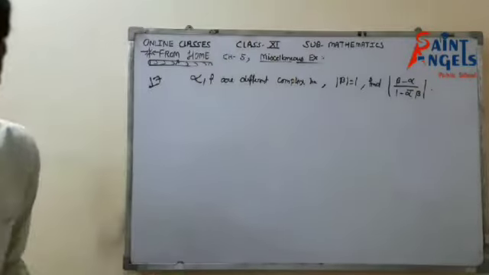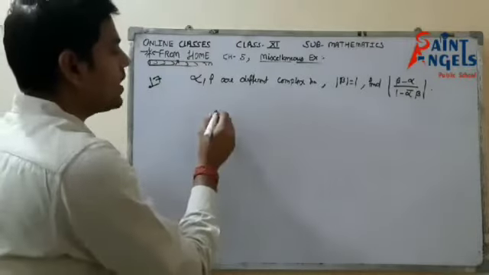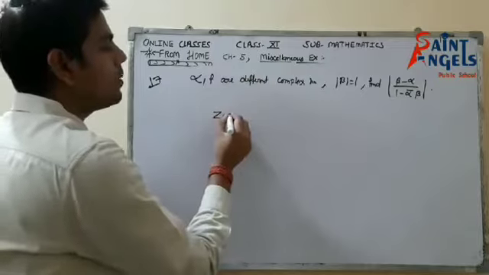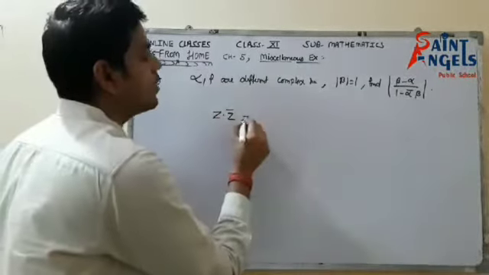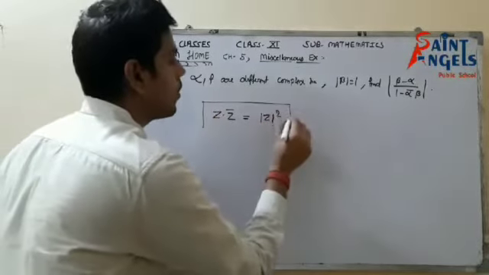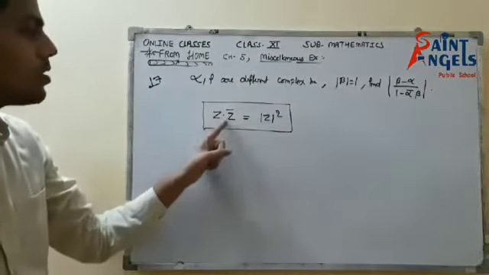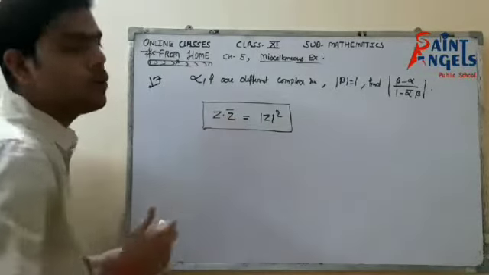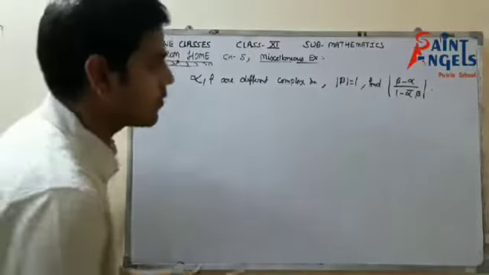Okay students, first of all, I am telling you one property which you need to note down. If I have a complex number z and I multiply it by z, its conjugate, then the result would be its magnitude square. It's not a new formula, we have already derived that. So z times z bar is magnitude of z square. This is the property which we are going to use here. I am just noting it down in the extreme left corner.